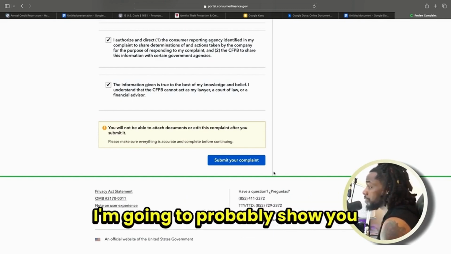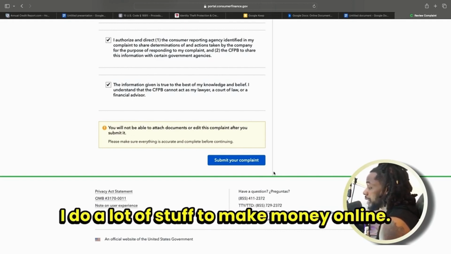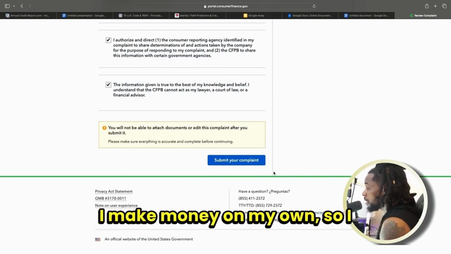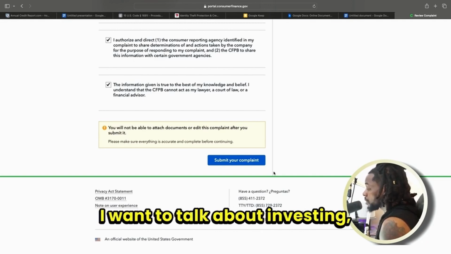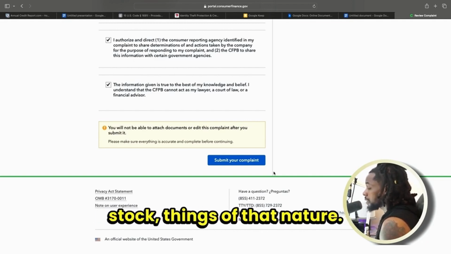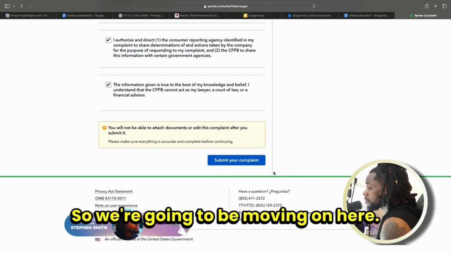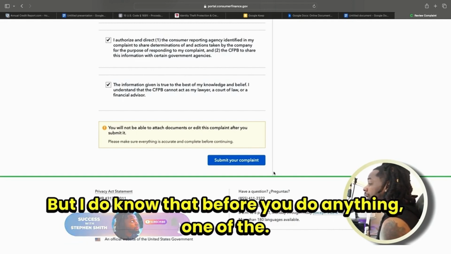I'm going to probably show you how to make money online. I do a lot of stuff to make money online. Currently, I'm self-employed. I make money on my own, so I could show you how to do that. I want to talk about investing, stocks, things of that nature. So, we're going to be moving on here, but I do know that before you do anything, one of the